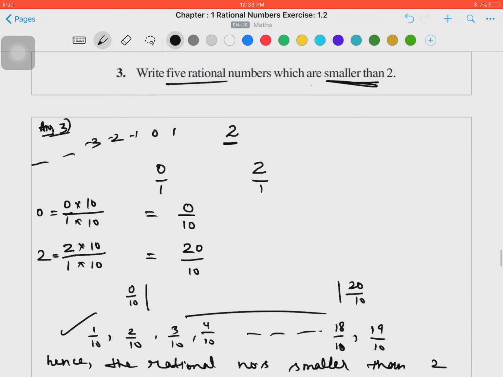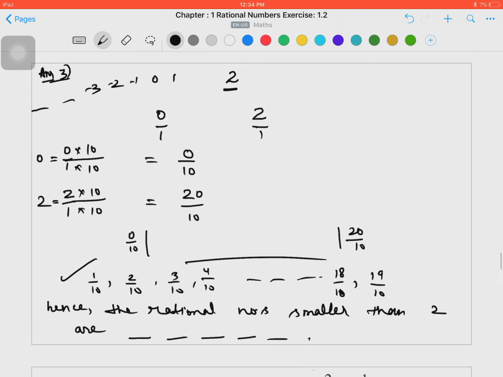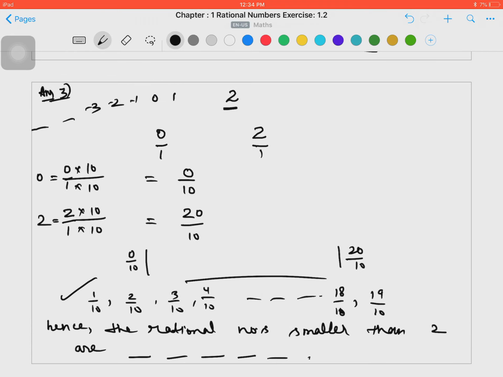In this question we are only given one number, but we are given a condition that the number should be smaller than this one. So we have assumed that number. You can choose any number. In this case I have taken 0. Then first convert it into p by q form, then multiply it by any number. For our convenience we mostly multiply it by 10, because that will be easy to find the numbers between those two numbers. That's why we generally multiply by 10 in numerator and 10 in denominator. Okay,